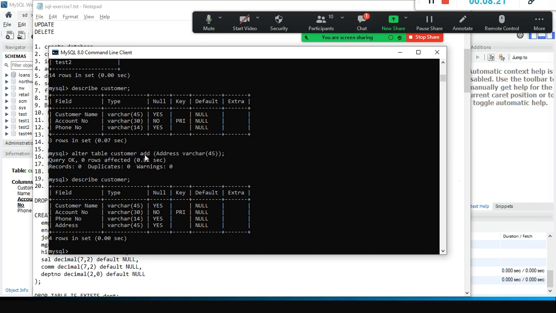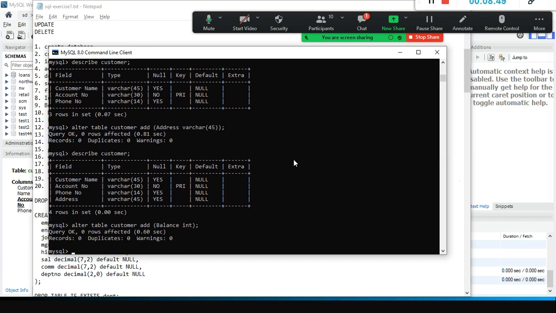Alter table, add the new column. Okay, I have 45. And also I am going to add some other details, email and some other details you can add. Probably balance, right? Balance in his account. For example, alter table customer add balance, numeric value. Here I am going to say int.